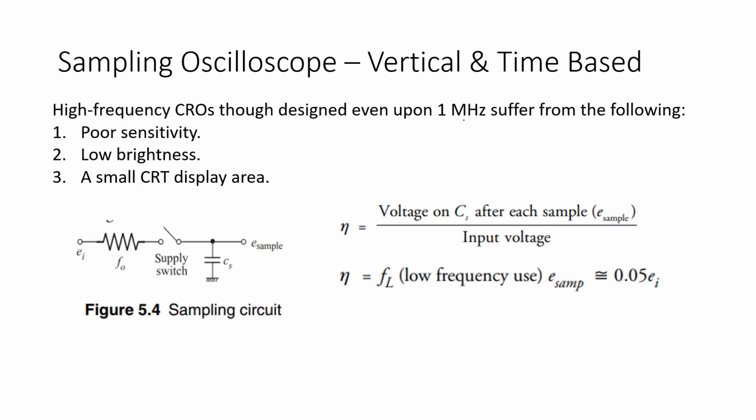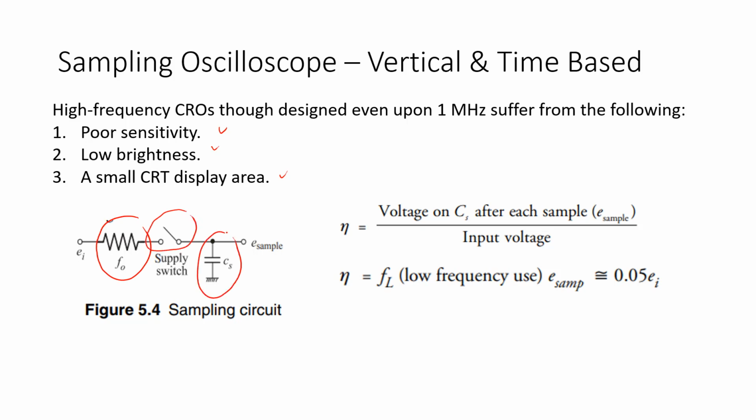If we design a high frequency CRO above 1 megahertz, it will suffer from the following: poor sensitivity, low brightness, and also a small CRT display area. So in this situation, we need a sampling circuit. And what is the sampling circuit? We can see here, this is a resistor, and then we have this switch here, and then